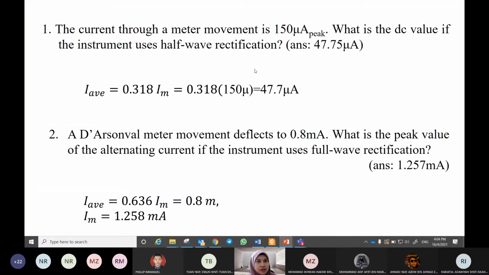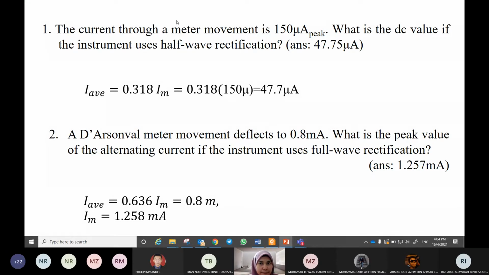the current through a meter movement is 150 microamp peak. So the given value is in peak value or maximum value. What is the DC value if the instrument uses half-wave rectification? The answer is given. So the DC value, or the value shown by the DC meter, is the average value. So we know that the average value for half-wave rectification is equal to 0.318 of the peak